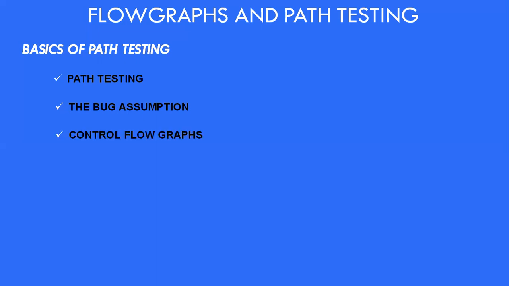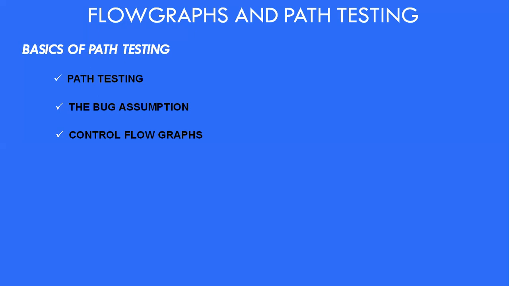Now let us see what control flow graphs are. A control flow graph is a graphical representation of the program's control structure, and it is used to eliminate the named process blocks, decisions, and junctions. A flow graph is something similar to our earlier flowcharts, with which it is not to be confused.